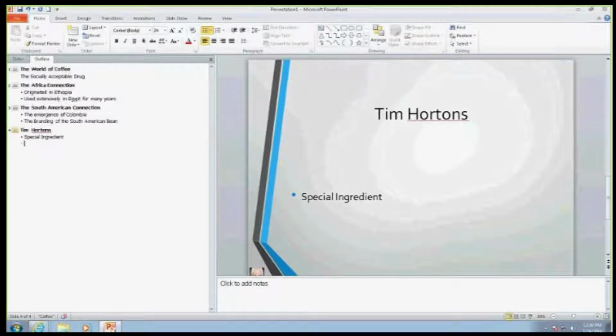So I have some other slides to do, but I don't know what exactly I want to say. So they're just going to be headings. So I spent probably about 3 or 4 minutes creating this presentation. And each one of those, 1, 2, 3, 4, is a new slide that's being created just by hitting enter. So I'm going to hit enter here, and then Shift Tab to promote it. And then I'm just going to type in now